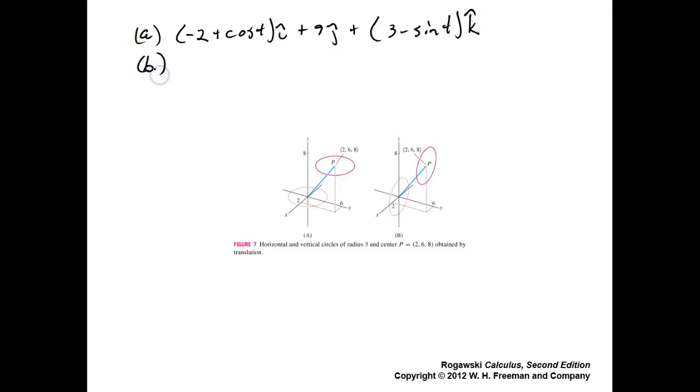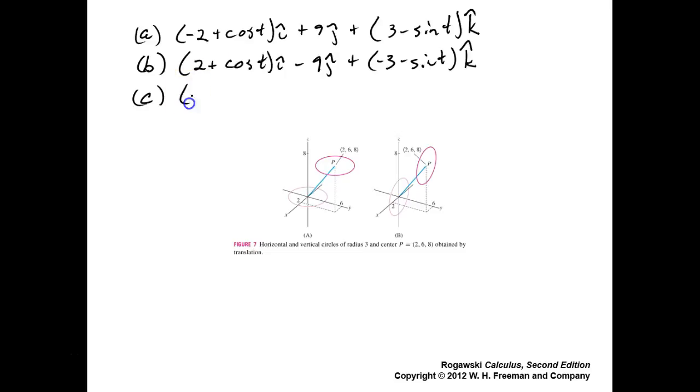Okay. The second of these is 2 plus cosine t i minus 9j plus a negative 3 minus sine t k. C, which is not necessarily yes, is negative 2 plus cosine 3t i, which sometimes means yes, plus 9j. Y'all tell me if I'm doing right, because it's looking up and down that has me going crazy. Plus 3 plus sine t. Say again? Minus